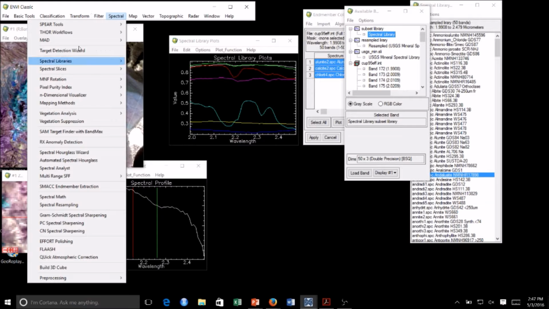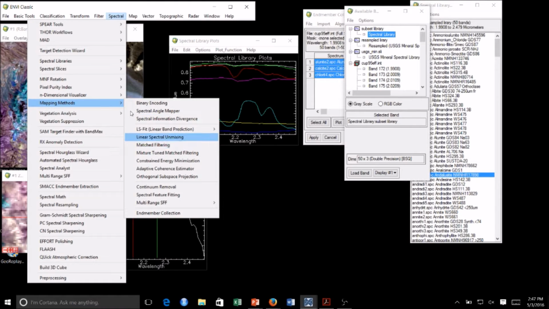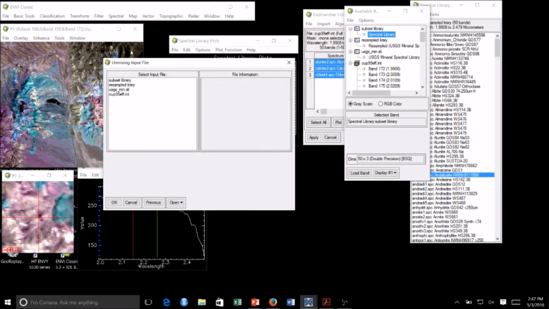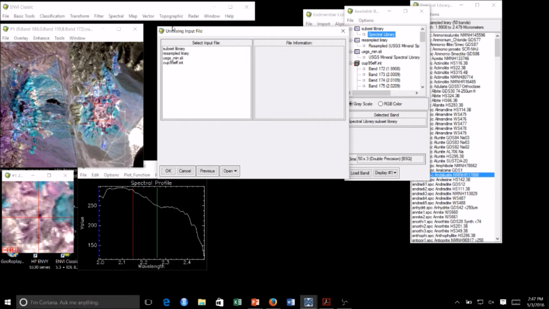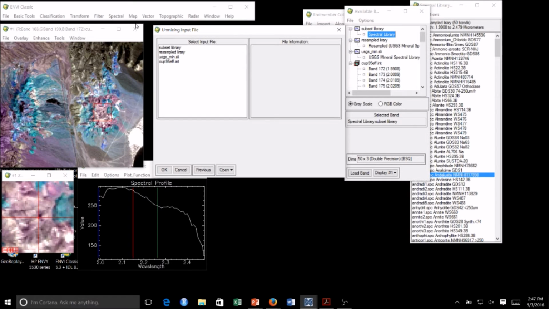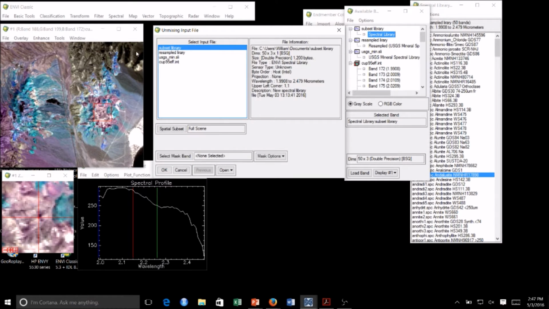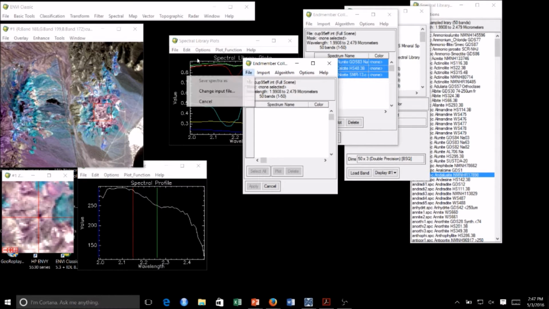Go under spectral, mapping methods, linear spectral unmixing. So we're going to do a linear regression between every pixel in this image and a couple of the minerals that are known to be in this area. So first we have to tell the software the unmixing input file. So this is the image that we're telling it we want to do unmixing on. And then